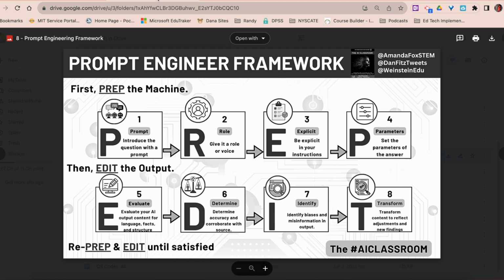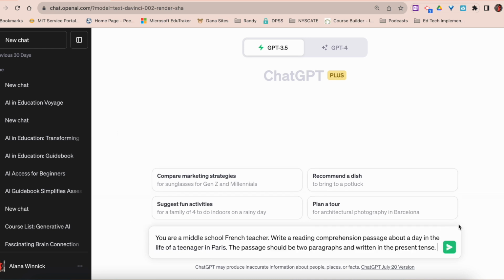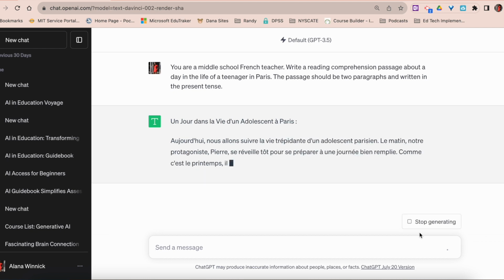And if it's not exactly what you want, you can edit the output to get something closer to what you're looking for. I always refer to these as a first draft, and you will tweak them to make them your own voice. So this is always just a first draft. I've already created a prompt. I'm just going to go ahead and paste it on the bottom and click enter or send,